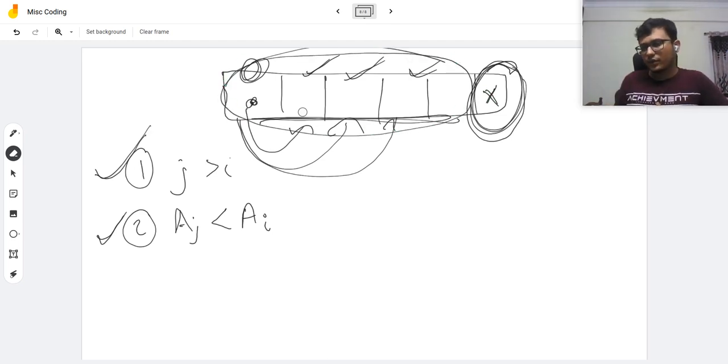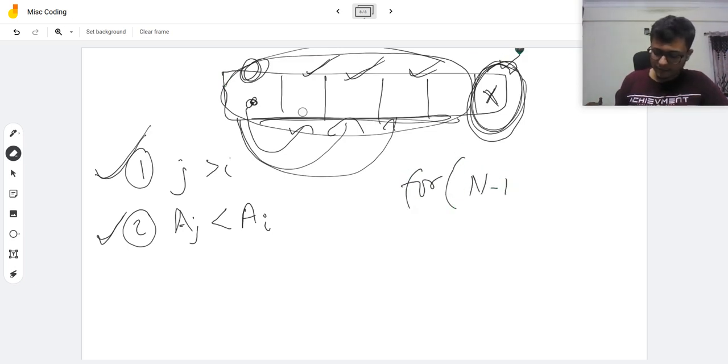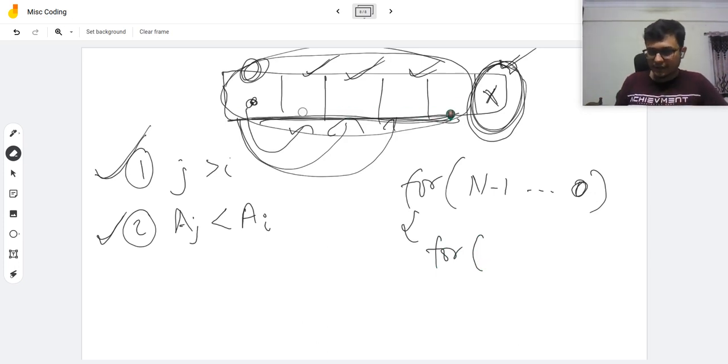So a simple brute force algorithm would be to have a double nested for loop, in which the outer for loop will go from n minus 1, starting from the last person, to the first person, which is the 0th person. The inner loop will again go through all the previous friends.